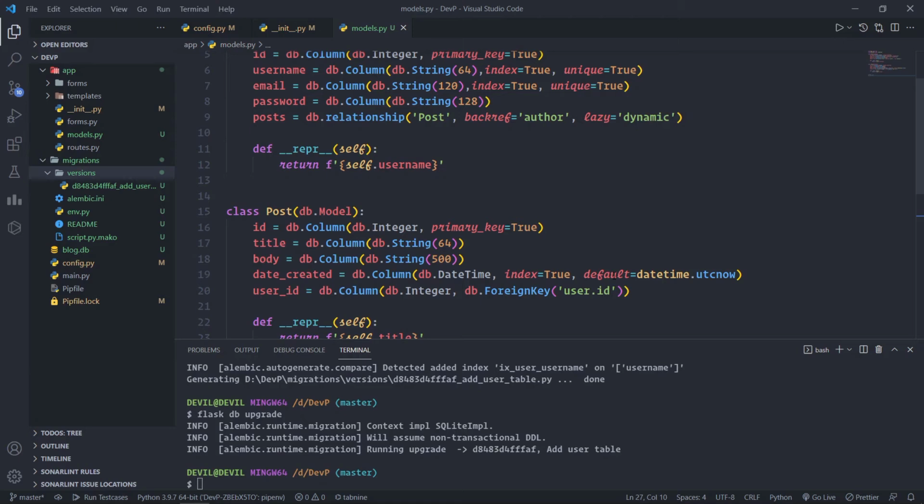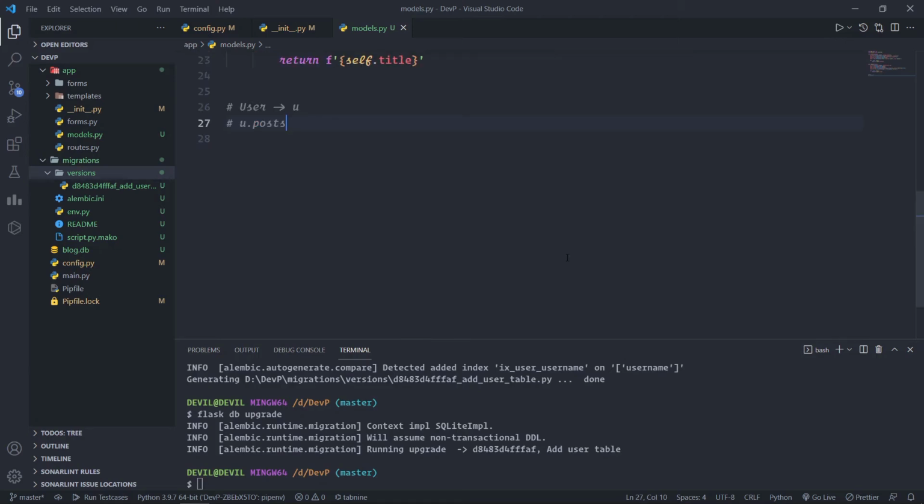The backref argument defines the name of the field that will be added to the objects of the many class that points back at the one object. So this will add a post.author expression that will return the user when given a post. The lazy argument defines how the database query for this relationship will be issued, which is something that we'll discuss later. So don't worry if these details don't make much sense yet. We'll see examples of this at the end.